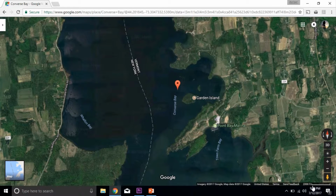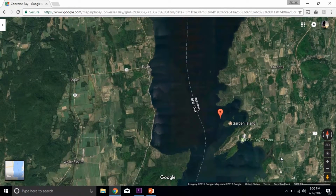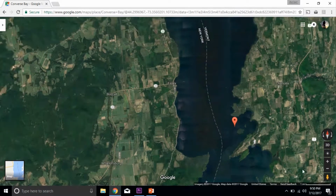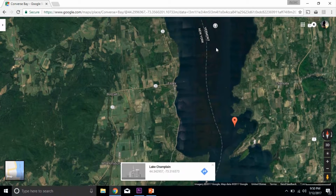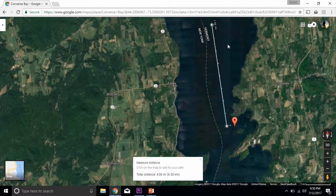Very important feature right here, especially if you're in a smaller boat, is the scale on the bottom right hand side of the screen. So I zoom out to 5,000 feet, which is almost a mile, or you can zoom out to a mile, and that's about an inch. So you can kind of gauge on the screen how far away things are, otherwise you really have no reference. Or you can use the measuring tool, which is measure distance from here to here. That's 4 miles, which is 8 minutes in my boat, roughly, in flat water, of course, and nothing's gone wrong. So I'm going to refresh that, get rid of that,